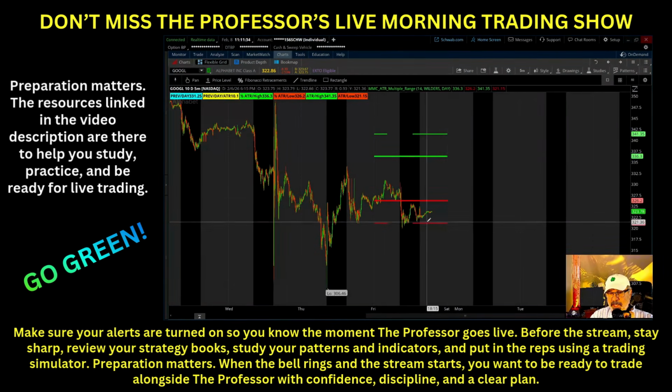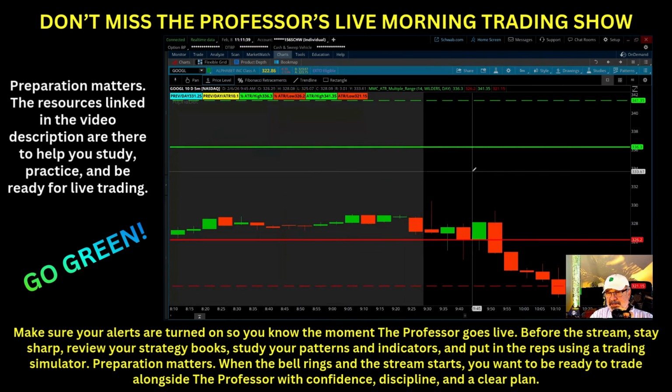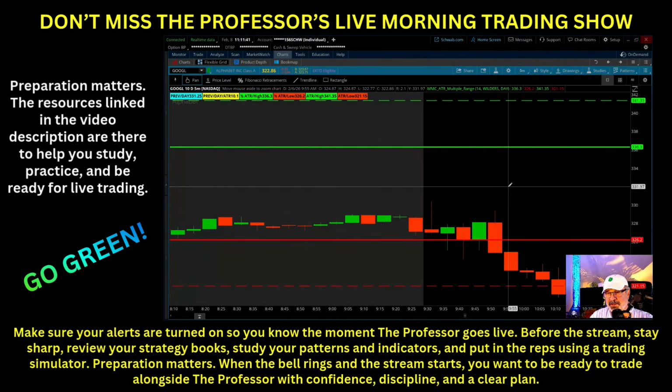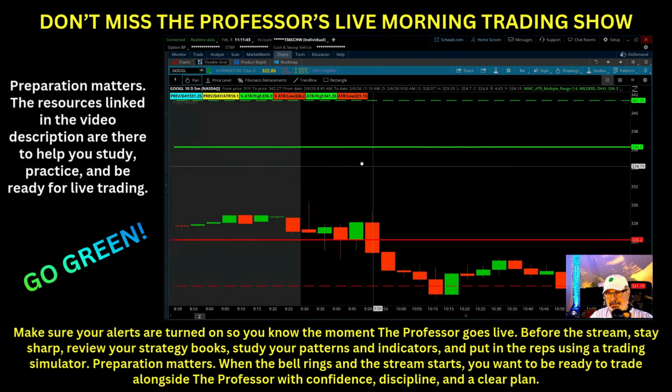So Google used the low ATR for resistance, broke out here. Now, since the strategy was developed back in 2022,